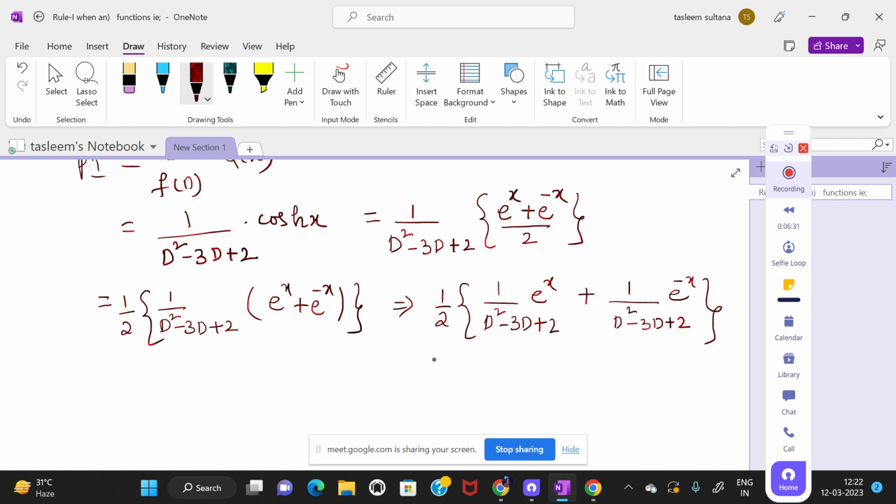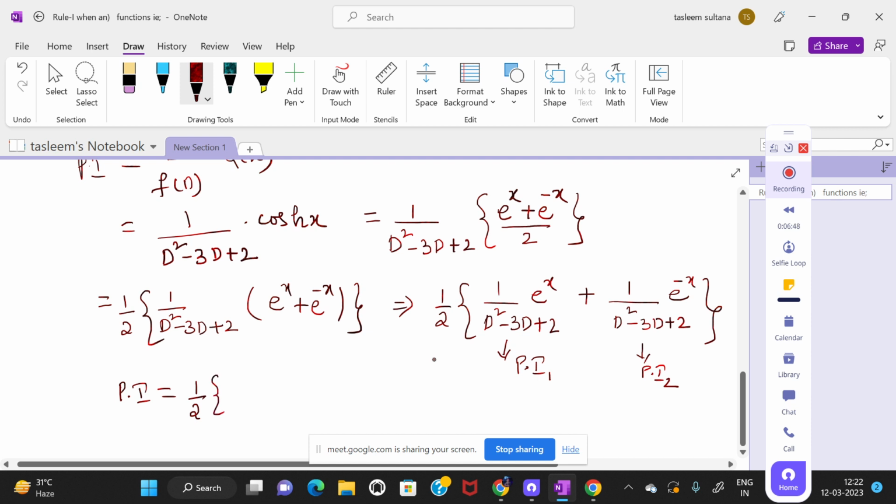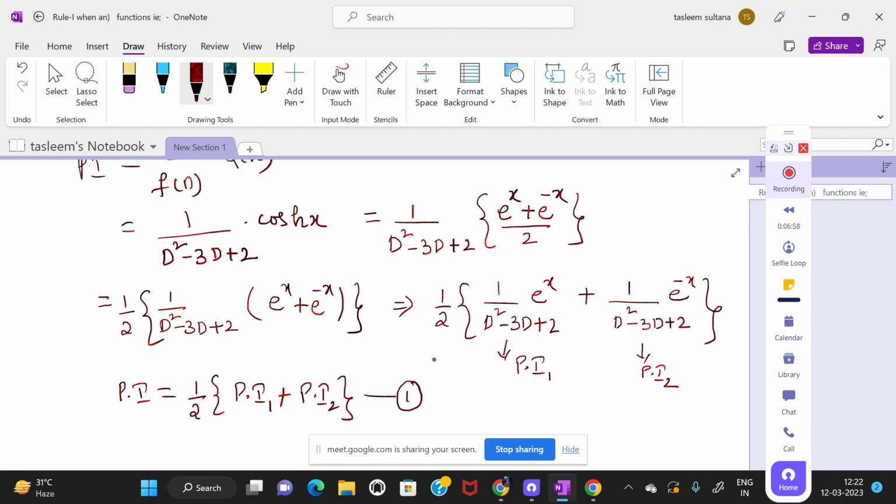So here I got two PIs to find. This will be my PI1 and this will be my PI2, where PI equals half into (PI1 plus PI2). I'll make this my equation number 1,